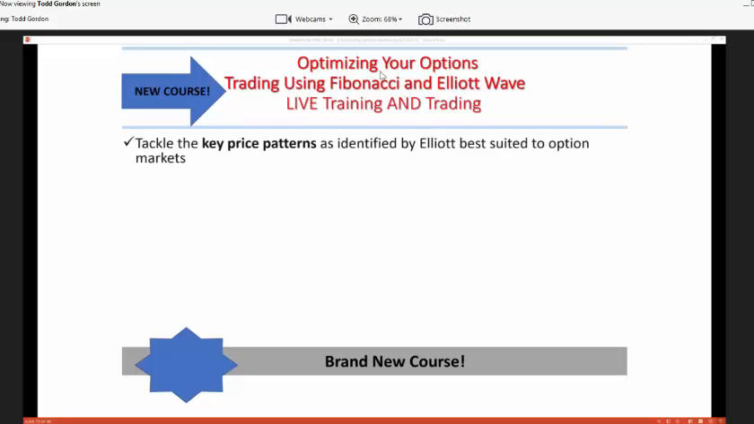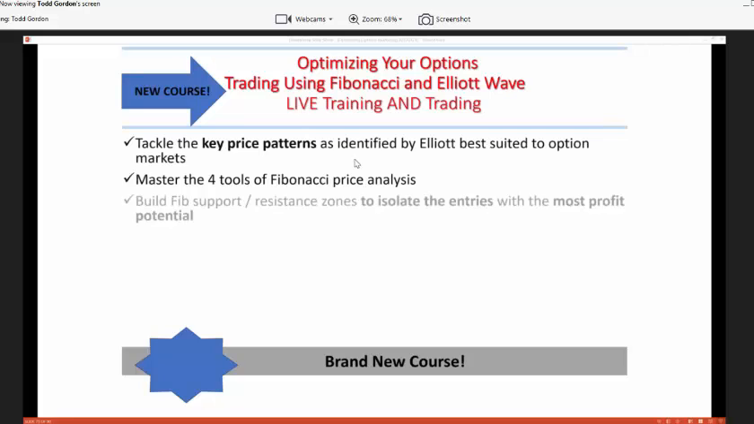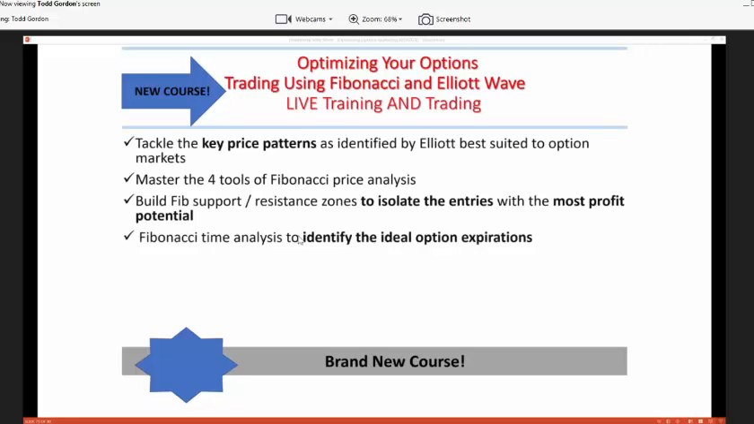All right, so here we go. Optimize your options, trading Elliott and Fib. Tackle the key price patterns as identified by Elliott, best suited to option markets. Master the 4 tools of Fib price. Build Fib support and resistance zones to isolate entries with most profit potential. Fib time, and this is something I didn't get to talk about, but find the best options expirations by doing